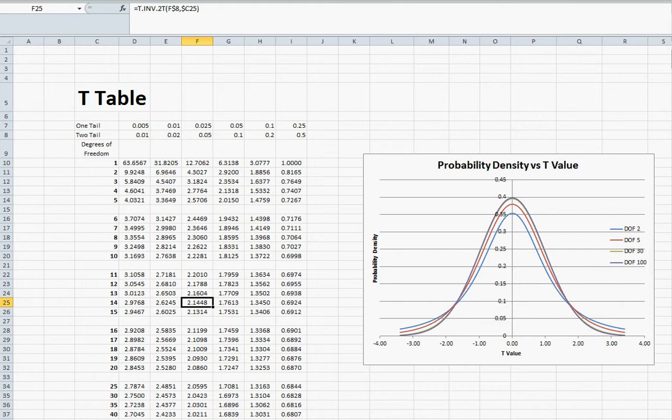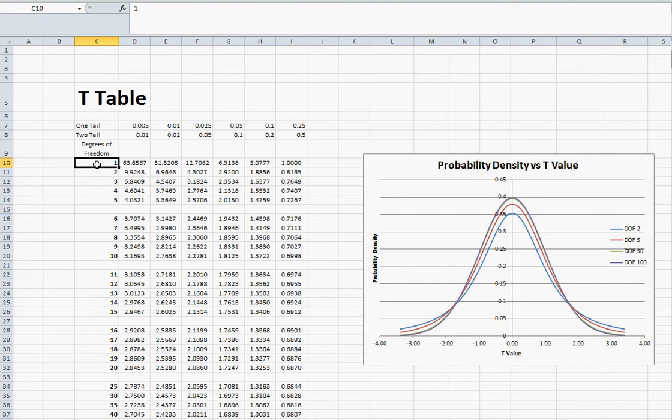Now you could just pull the data off of Google. You could look on the internet, but if you make it in Excel, it's really easy, and then you don't have to copy a bunch of stuff, and you can use it for interpolations, and you can use this function for other things. So what you want to do for a t-table, you need, going down the row,